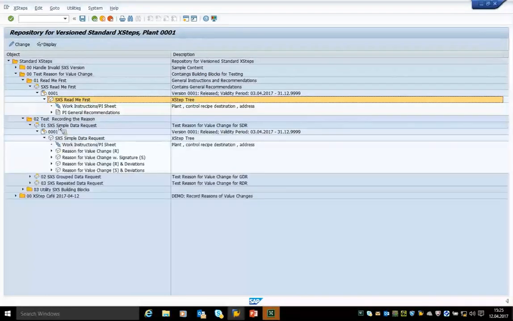Let's just explore the content of this SXS. We have blocks that define the reason for value change. Let's say this abbreviation R means that for these input fields, we have the recording of the reason for value change